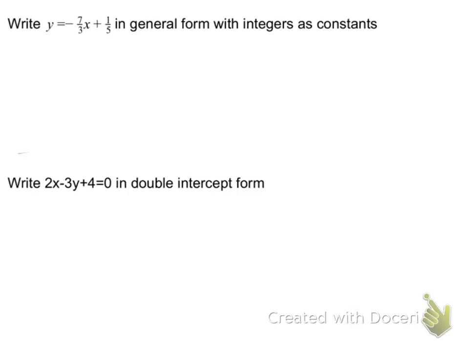You guys have done that before. What is the denominator here? Or the LCD? 15. 15 and 15 if I distribute that 15 through, right? What's y times 15? 15y. What's 15 times a negative 7/3? Reduce it. What's 15 divided by 3? It's 5. What's 5 times negative 7? Negative 35x. 15 divided by 5